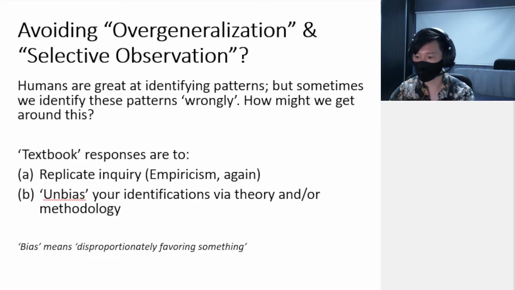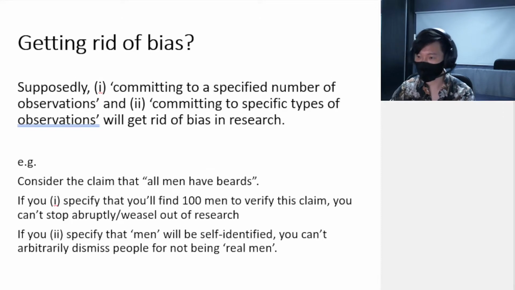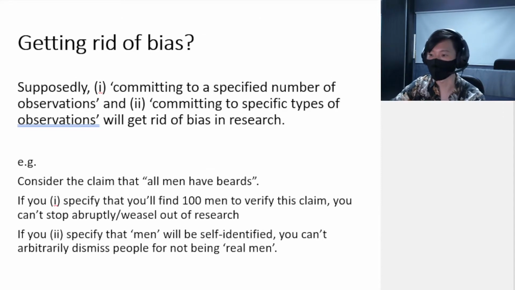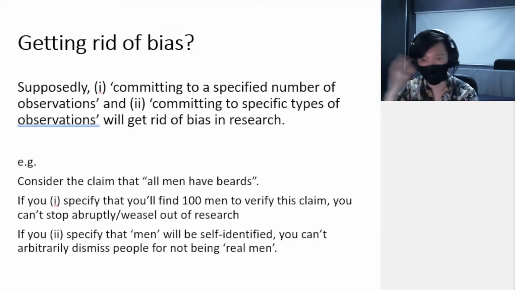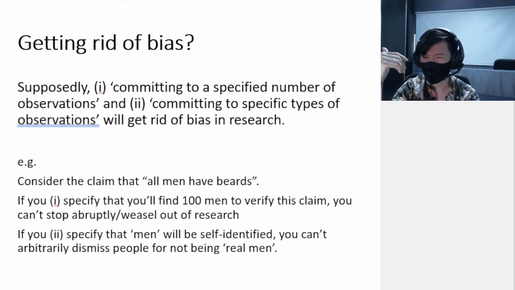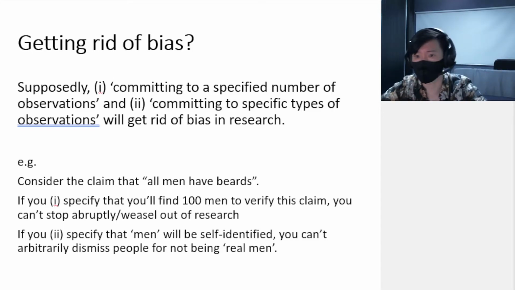So for instance, the textbook suggests this: you commit to a specified number of observations and specific types of observations. So let's say you want to do a little study. You're making this claim that all men have beards. Okay, I do not have a beard underneath this mask, but this is purely hypothetical. So let's say you make this claim: all men have beards. You want to verify this claim, right? If you're focusing just on the empirical aspect of things and making theoretical predictions and then testing your empirical stuff,